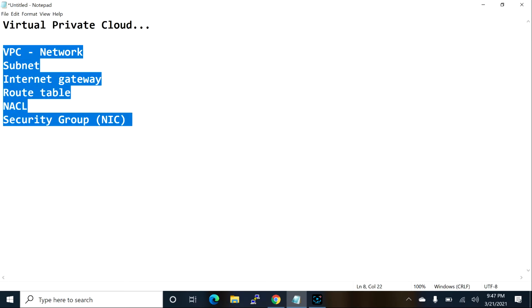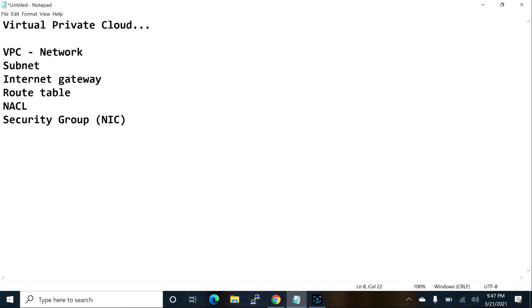First we'll see the VPC, how to create it. While creating the VPC, we set either the 10 series, or 172.16 to 172.31, or if you select 192.168, in this range you can choose anything.